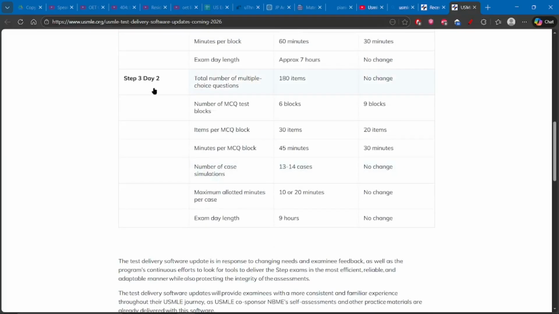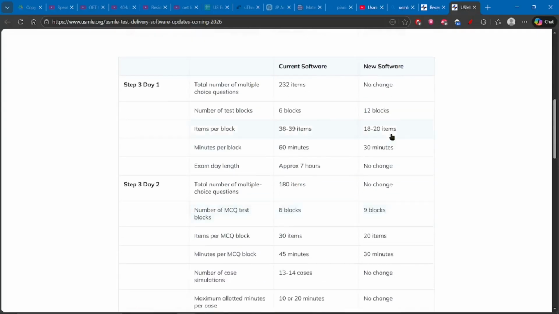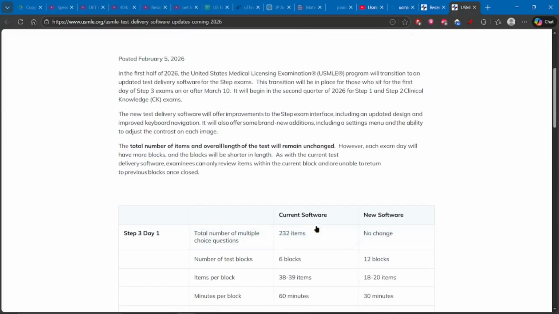As far as day 2 is concerned, again, there is no change to the number of MCQs, but there has been an increase in the number of blocks, from 6 blocks to 9 blocks. This is the day in which there are CCS cases or the case simulations. They will also remain the same, but the time and the questions per block are going to decrease. So that's just a bit of good news for step 3 candidates.